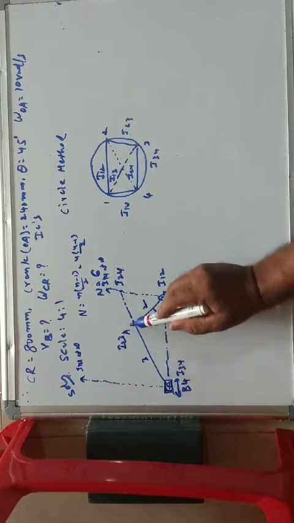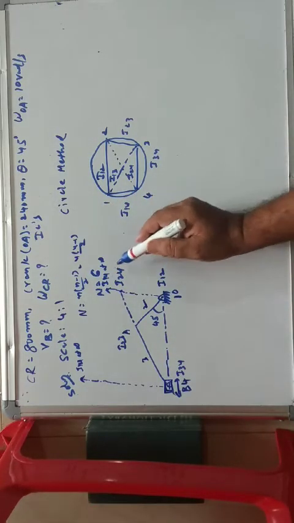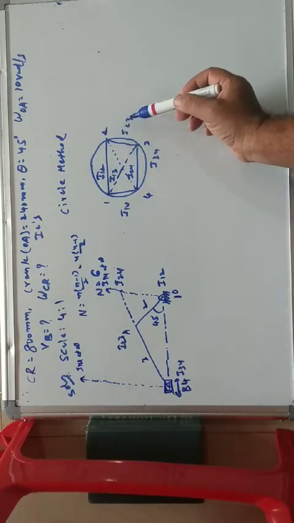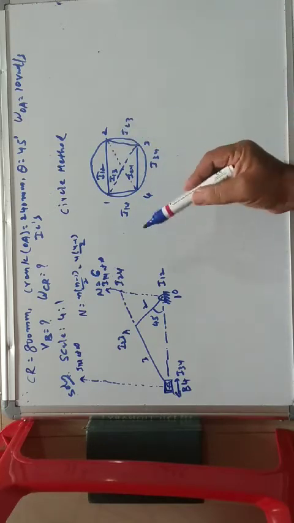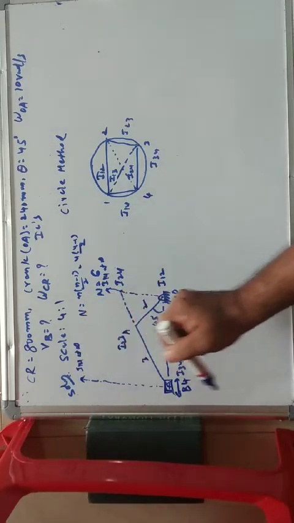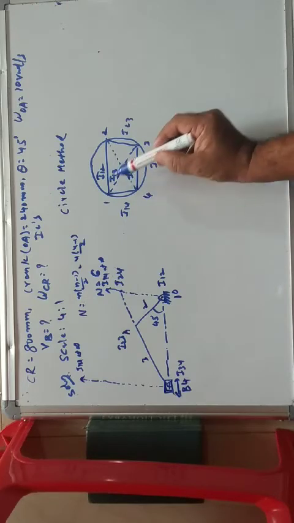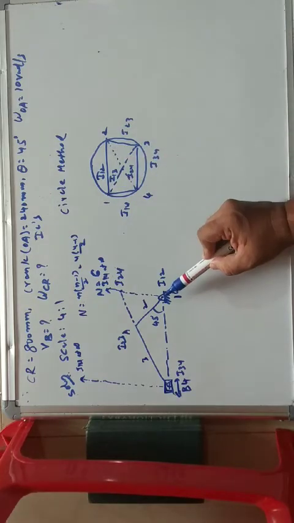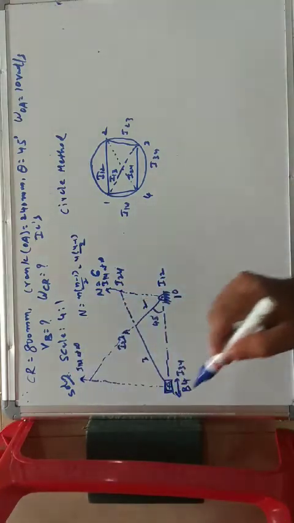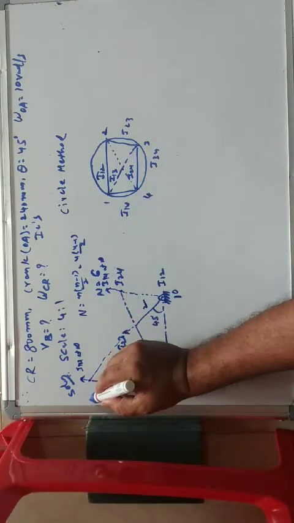So the extension of 2-3, 3-4 and the extension of 1-2, 1-4, we are going to get I24. Similarly, I13. I13 is 1-2, 2-3, right? So it is the extension of the 1-2, 2-3 line and the extension of 3-4, 1-4. If you just extend this, wherever it meets, this is I13.